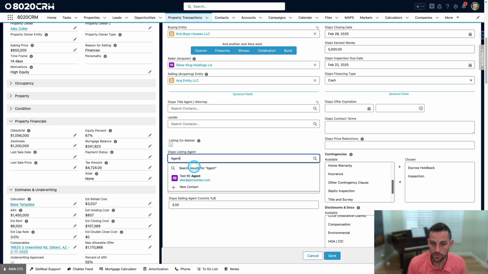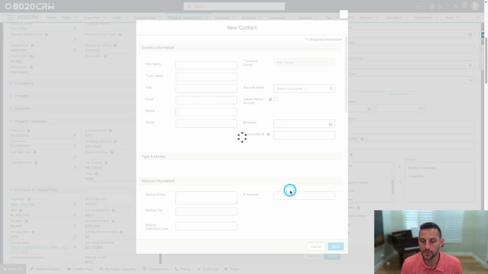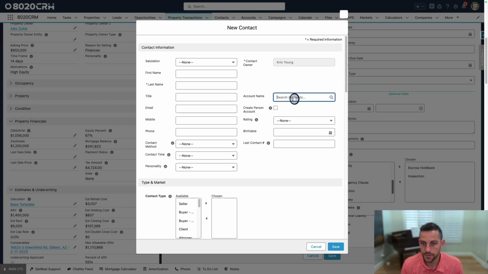And I think we probably have a test one in here. Whoops, I just clicked the wrong thing. If you need to create one, you can always click new contact. And there's probably a brokerage in here, or let's see, do we have a realty? It doesn't look like we do, which is weird. But you would usually have the different brokerages already in there. If it's a solopreneur, you can always create them as a person account too. Add their name, either attach them to a Coldwell Banker or a Remax or whatever,